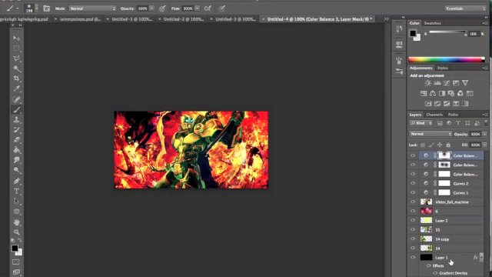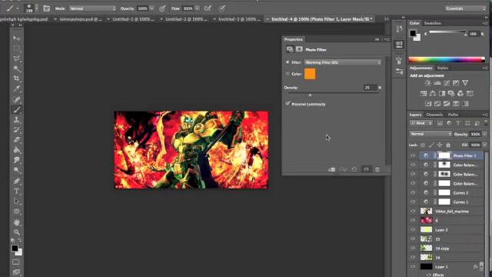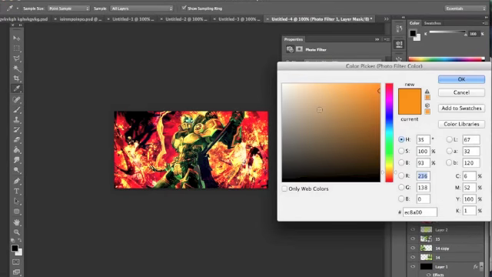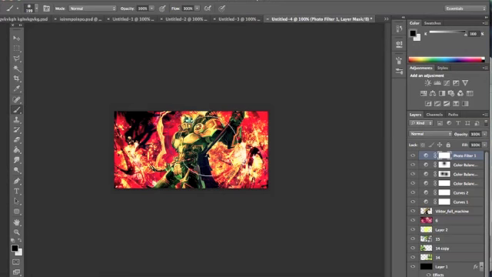Alright, and then after that, what I usually do is add a photo filter. Just go right here. You can choose your own color, but orange usually does it for me. Say you want it more red on the sides, so you change the photo filter to red. And then you take your black brush and erase it off the render,